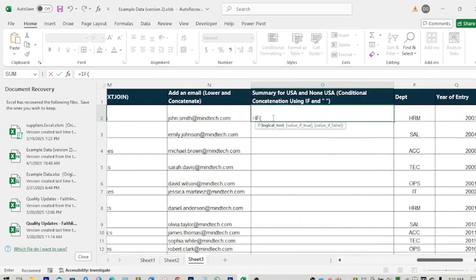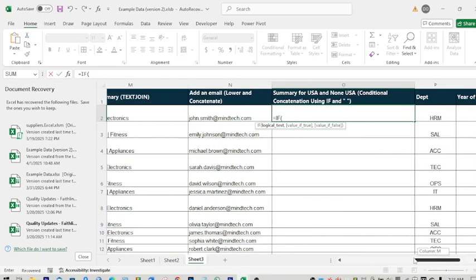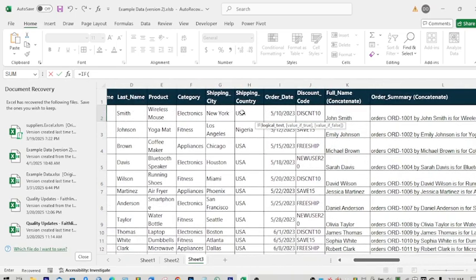So now, they are saying if this cell, because the first row is what we are calculating for. So we are saying if H2, which is this cell, is equal to USA. Of course, this is a text, so it must be in quotation marks. If H2 is equal to USA, what should happen when its value is true? If true, you should now bring forward